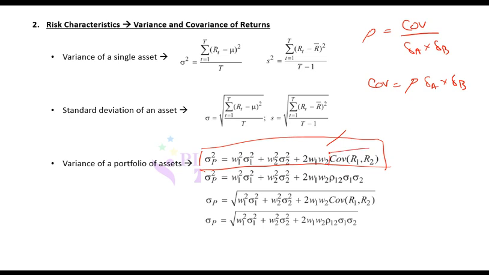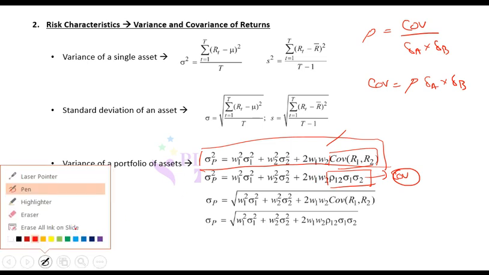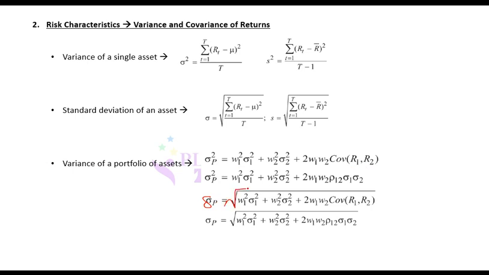So if you have covariance, you put it in here. If you do not have covariance, and instead you have correlation, then you replace covariance with correlation into standard deviation of 1 into standard deviation of 2. So this is actually calculating covariance. There is no change in the formula; the only difference is that if you have correlation, then you first calculate covariance and then put it in here. Any problem? So this is variance. If you have to calculate standard deviation, it is the square root of variance. So you just take the square root and that becomes standard deviation. So remember this formula, this is very important.